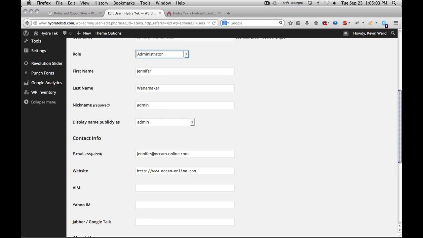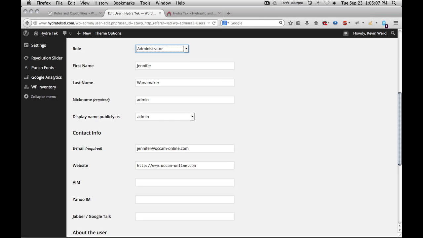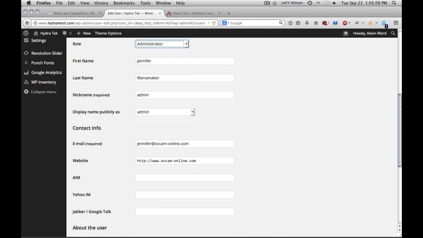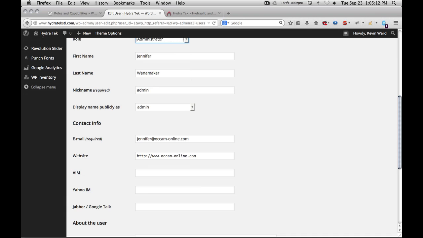Those are the roles. Next we have first name and last name, nickname, and all of these options as well as the username go in to create the option for display name publicly as. This is the name that would display with your profile on any posts or pages that you authored, if that setting is set to show in the particular theme you're using. So you see that I have admin, Jennifer Wanamaker, Jennifer or Wanamaker, or Wanamaker Jennifer. And if I change admin here to